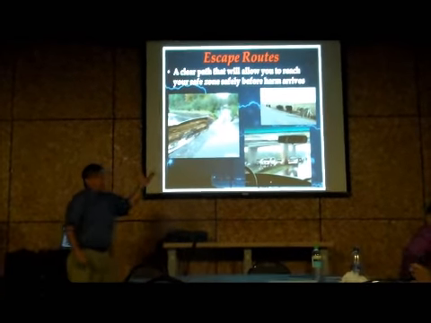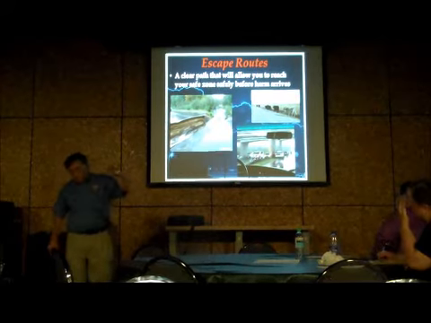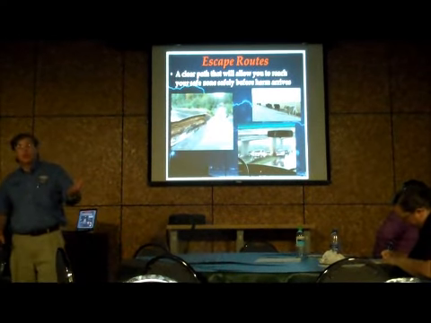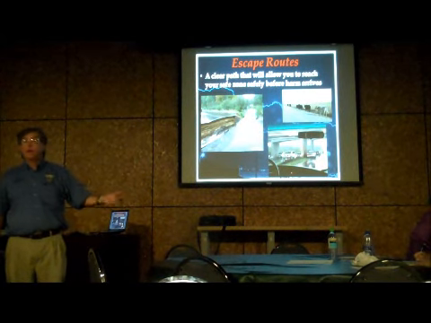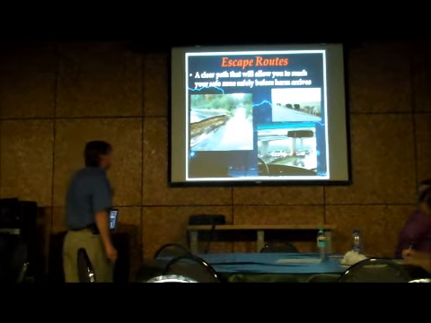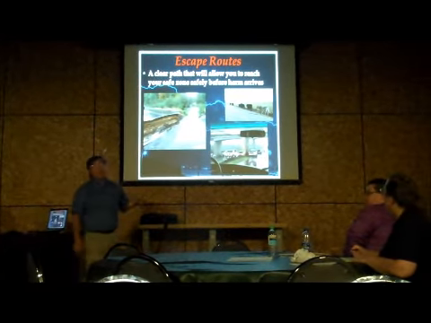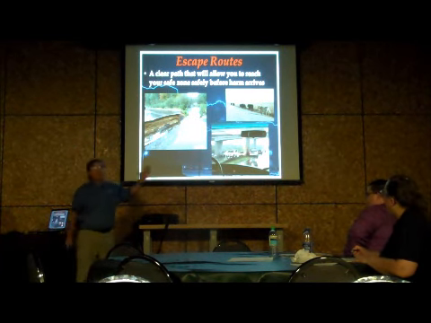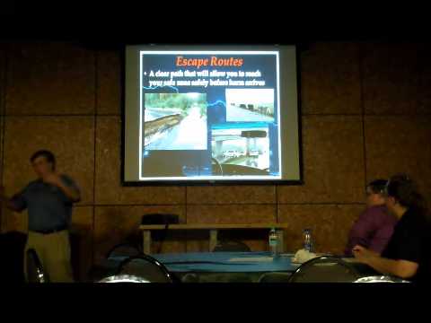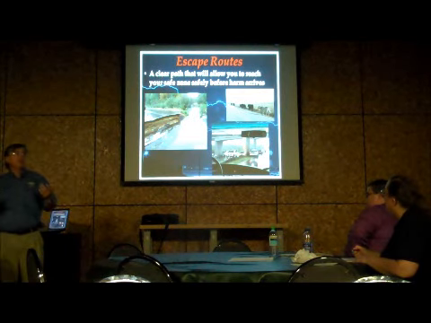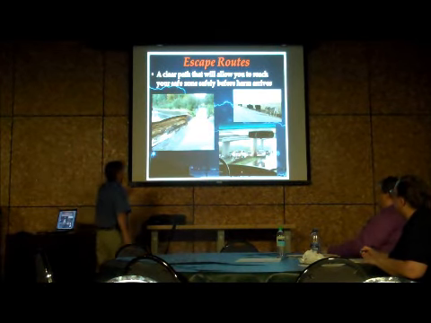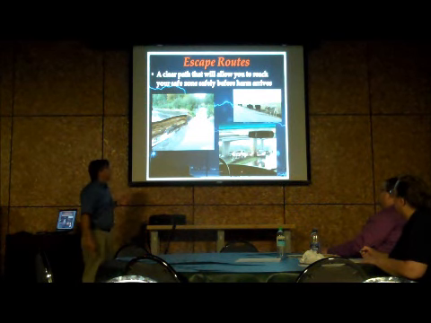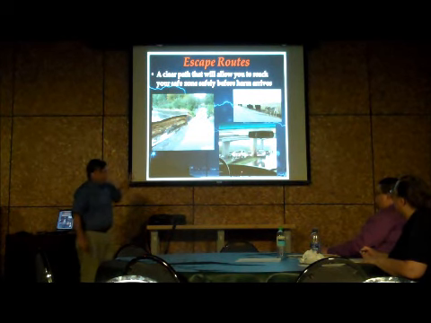Escape routes, thinking about things that might impede your path should you need to go somewhere. Street flooding, very common in Wichita, right? So if you're somewhere that you know is prone to street flooding and there's a lot of heavy rain coming through, get out of that area before you get trapped by it. Or if you're going to be driving through it afterwards, be cognizant of that so that you're not driving into flooded roadways, getting stalled out, having to be a rescue for the fire department or whatever. Think about things that do that.